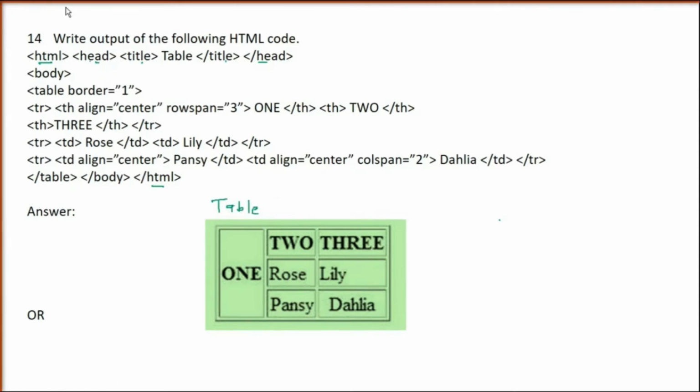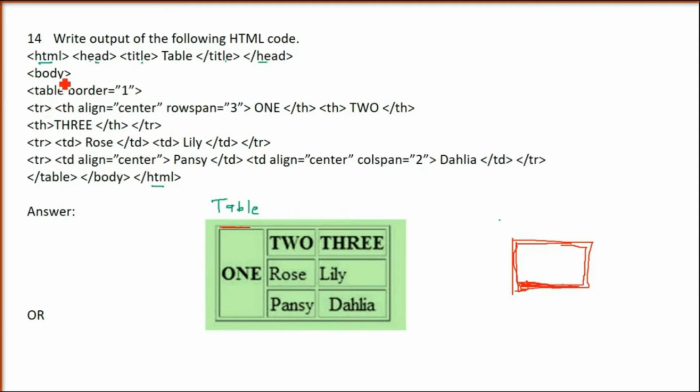So assume this screen to be a web page. On the top, you will see this table being written. Now inside the body, we are trying to put the table. Table border equals 1. It will be only one line of thickness, but the border is 1. This is a simple border. If you increase it to 2, 3, 4 like this, the border size, or you can say the boundary size, will increase.